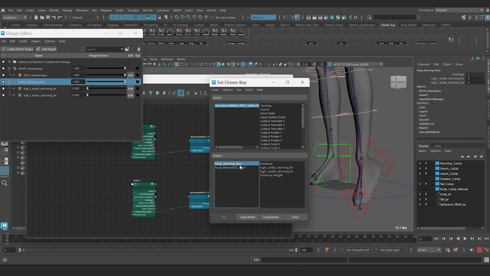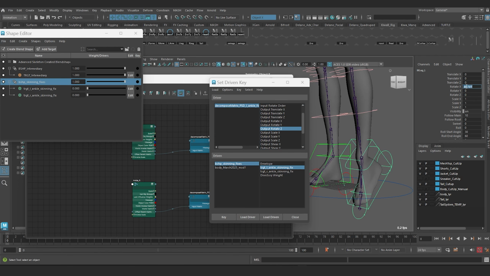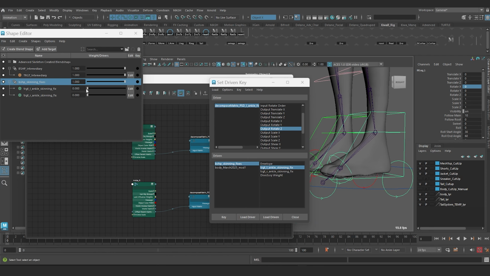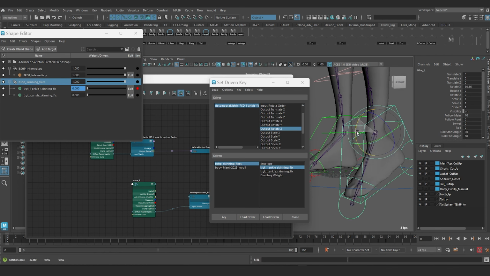My blend shape scaling fixes, select the left side and make sure that I have my rotate Z selected. And for now, let me zero this parameter. So this is fairly simple stuff. At the zero state, I want to make sure I have a 0 so I can set a key on this target and I should see it light up. So if I set a key, it should light up, and then if I rotate the control minus 35 degrees,